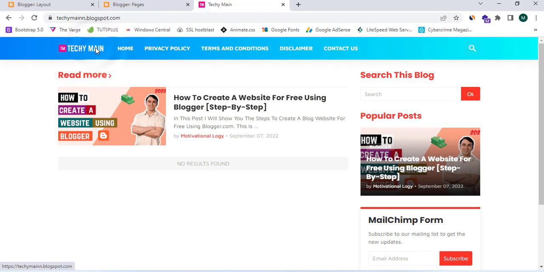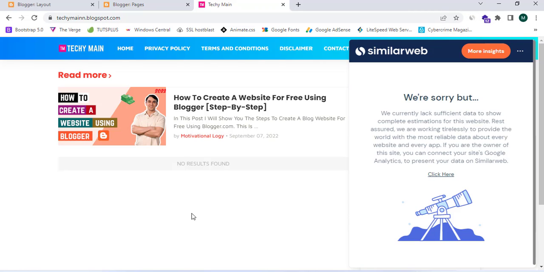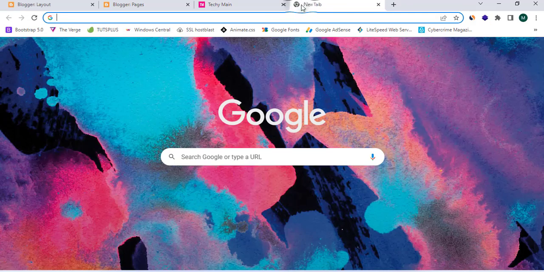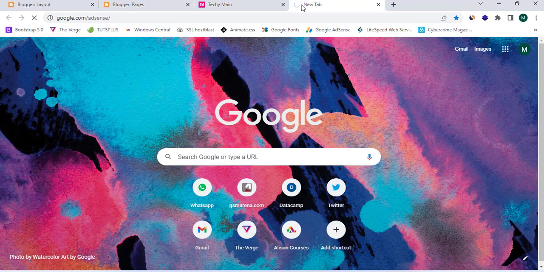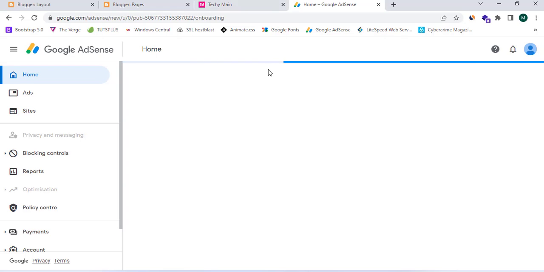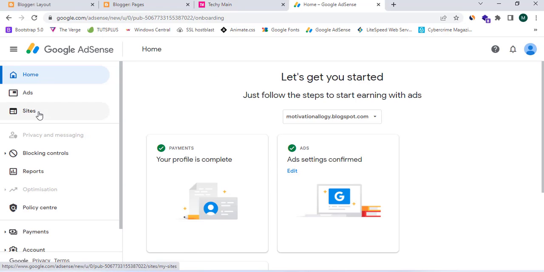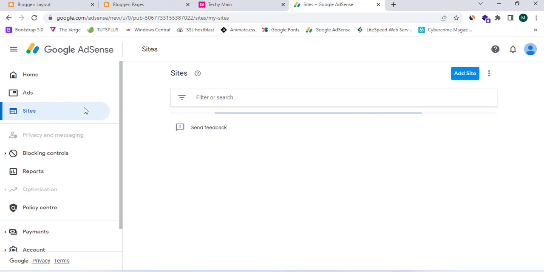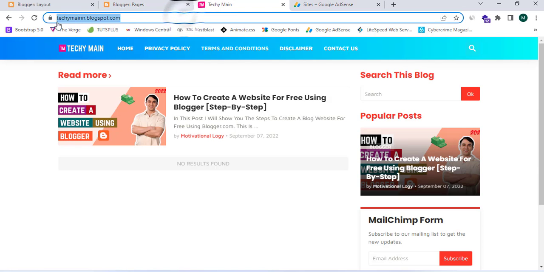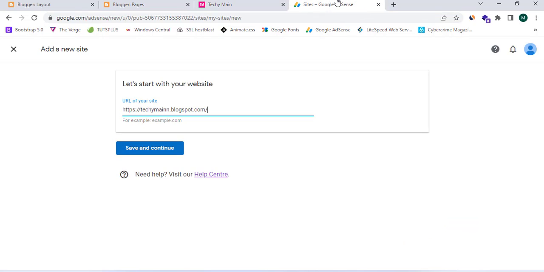and I have successfully created a blog website using Blogger 100% free. So now I can add my blog website to Google AdSense, and I can proceed to this. So the links are in the description box below, and I can click on sites, and I can click add site, and I can enter the URL of this website by proceeding, and I can click save and continue,